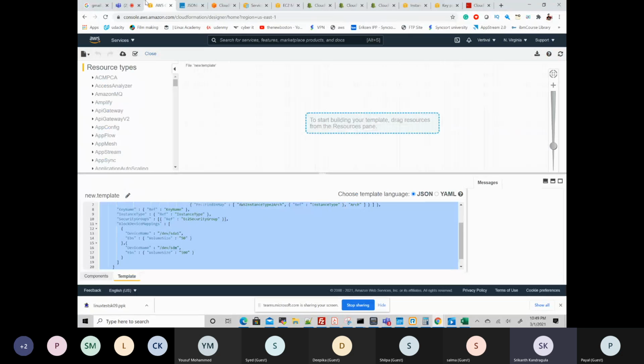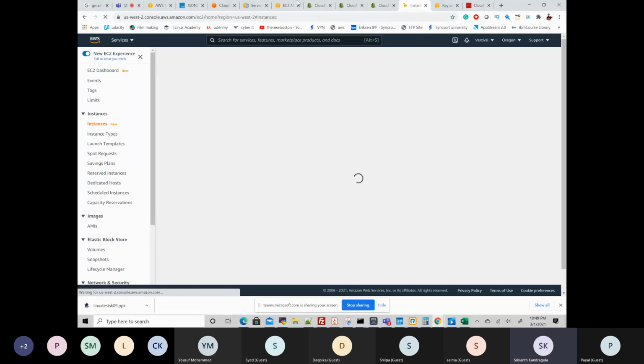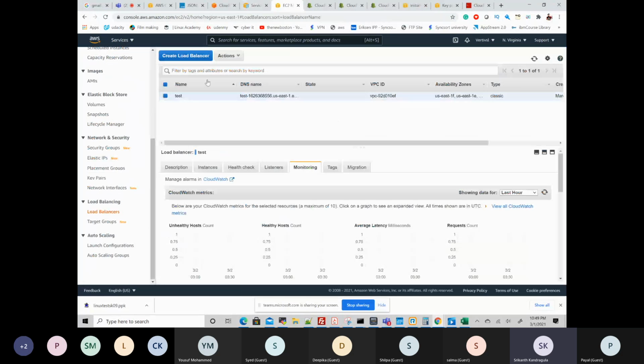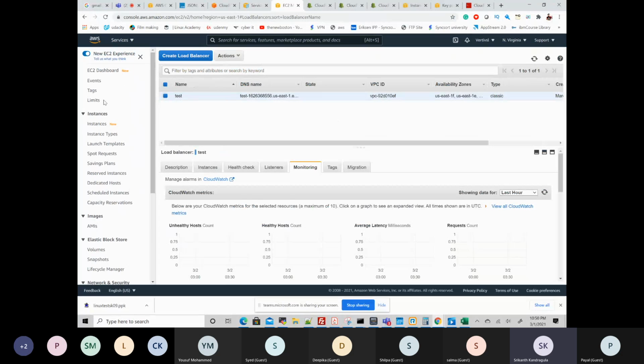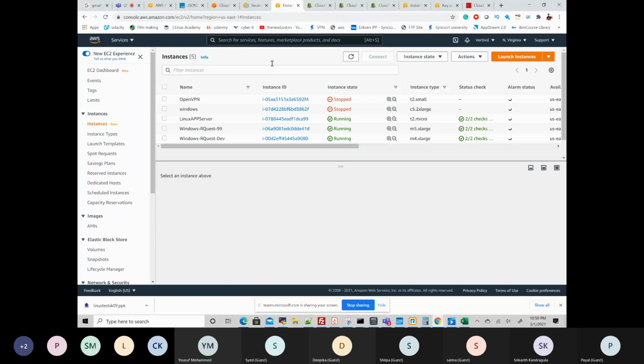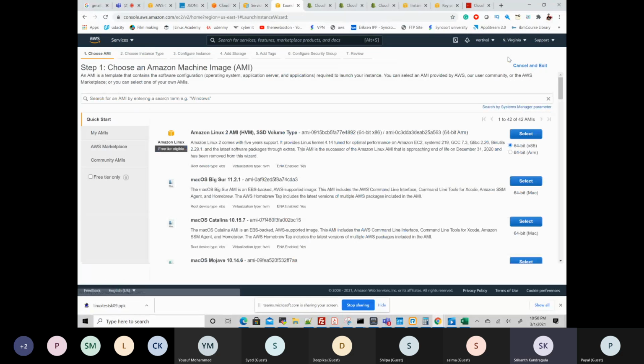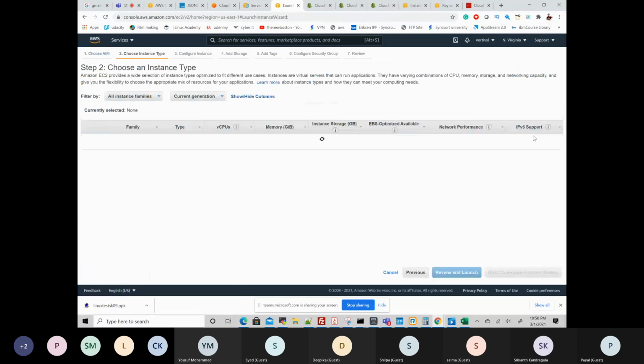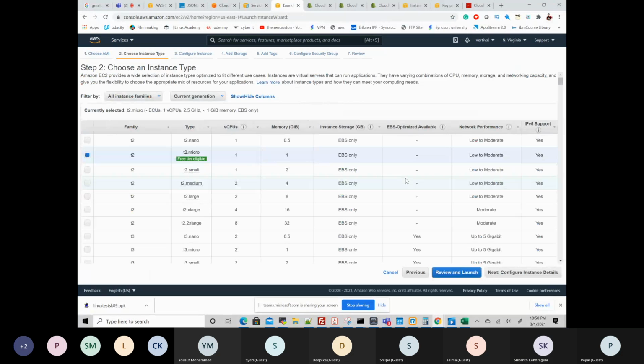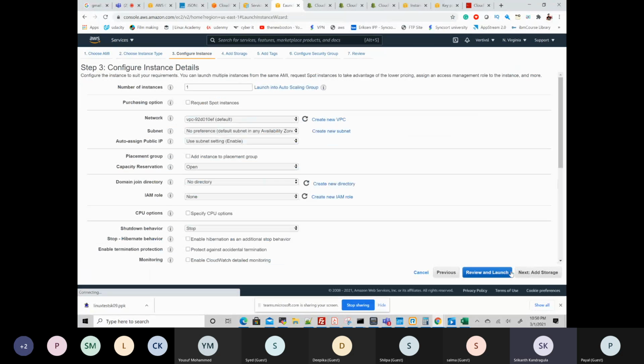So when you create an EC2 instance, if you can see here, where is the CloudWatch? Okay, so I'll see test, right? And let me copy test. Let's go back to the instances. I'm going to launch instance, and I'll select this, and I'll select T2 micro, and here,